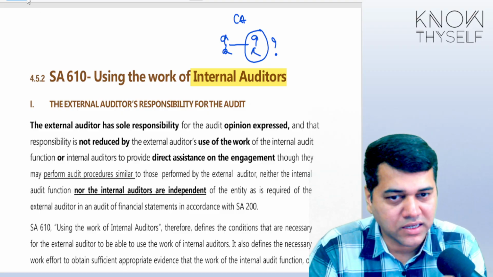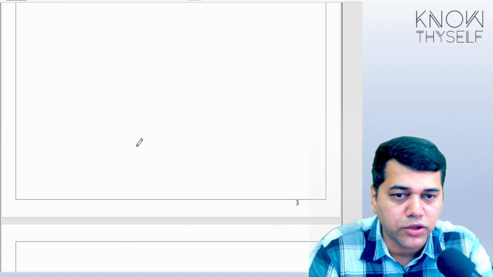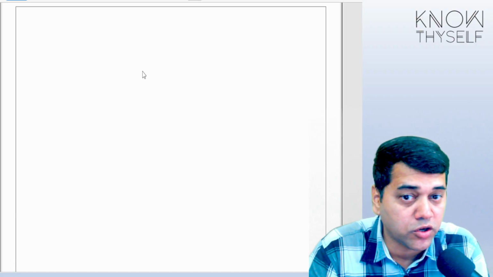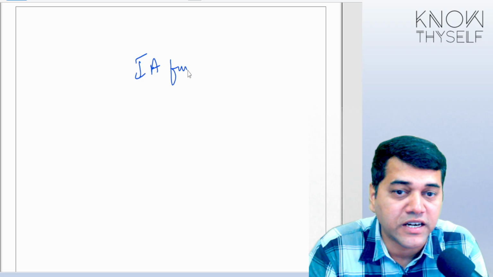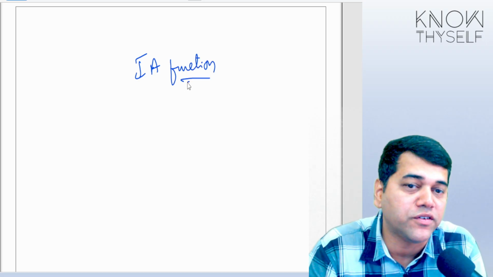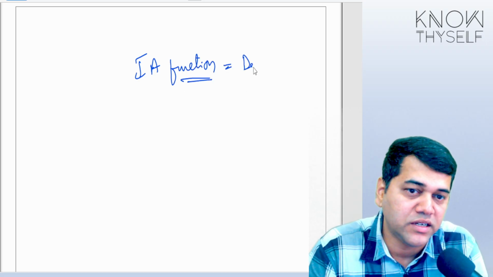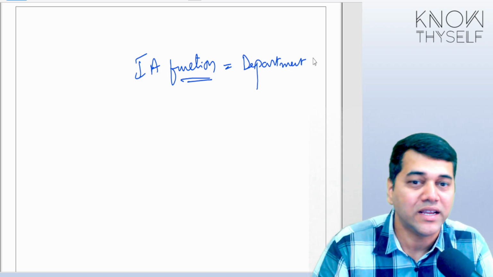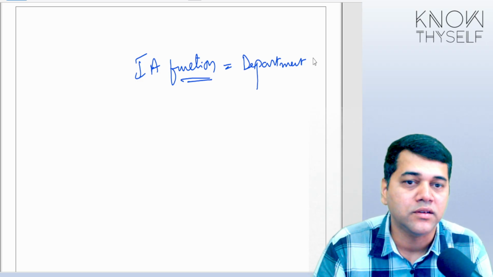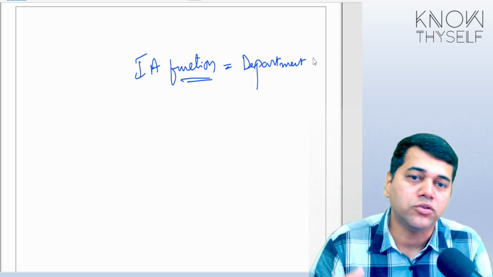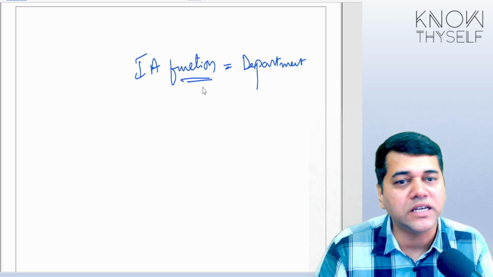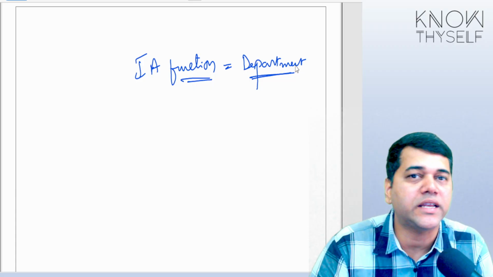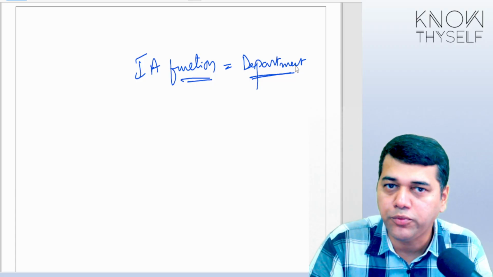Okay. And the crux of this particular thing that we are going to evaluate is primarily two things. When we say internal audit function, please understand the terminology. See, you need to understand what is the meaning of a function. Function means department. Okay, we call it business functions. Like accounting is a function. Function means a set of activities which are very similar to each other. So we can also replace the word internal audit function with internal audit department, because these terminologies may create confusion in you. So I hope you are clear.